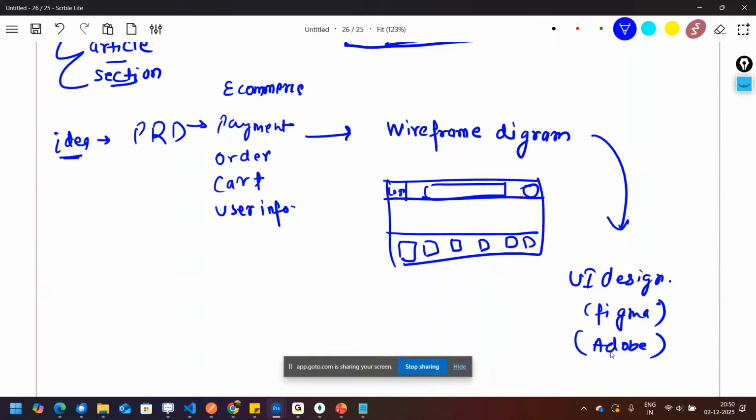Figma or Adobe, they are designed over here. Once they are designed, now they go back for the coding. So the coding process always comes at the end. Here, only in the PRD, all the